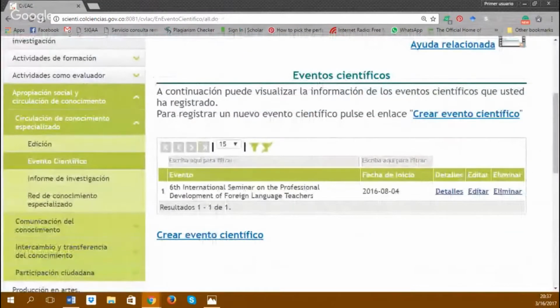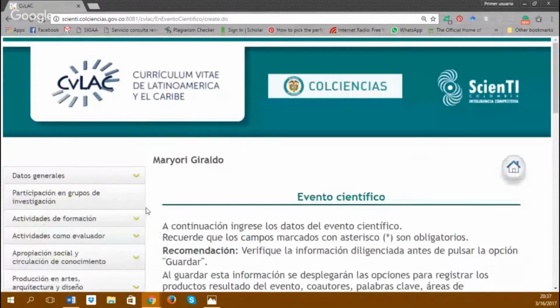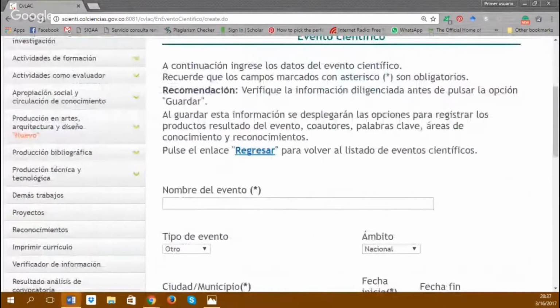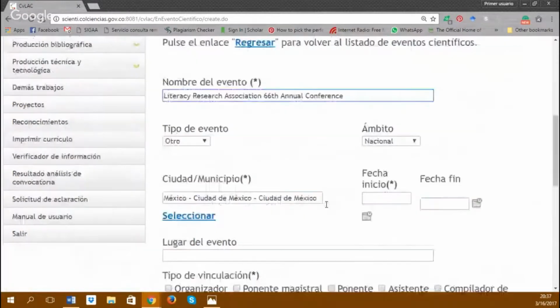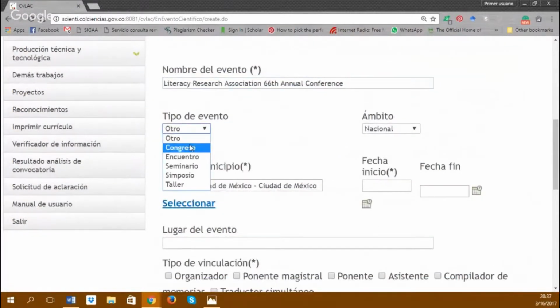Let's try another one. Let's try now one that's going to look very nice on Marjorie's CV in the near future. The name of the event is the LRA conference. For those who don't know what LRA is, the Literacy Research Association. That was an event that Marjorie actually attended as presenter last year in Nashville. Kind of event, Congress,